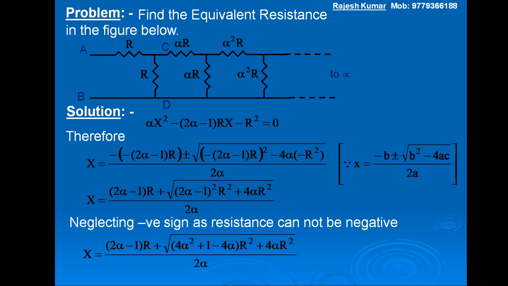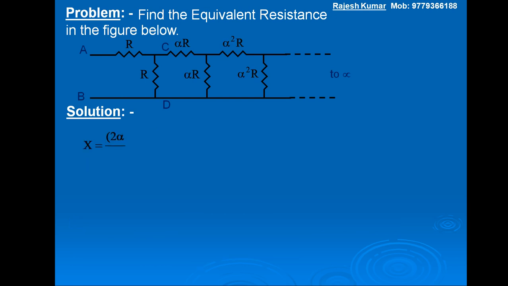Now within the square root, open the bracket, we get capital X is equal to 2 alpha minus 1 within the bracket into capital R plus square root of 4 alpha square plus 1 minus 4 alpha into capital R square plus 4 alpha R square whole upon 2 alpha,